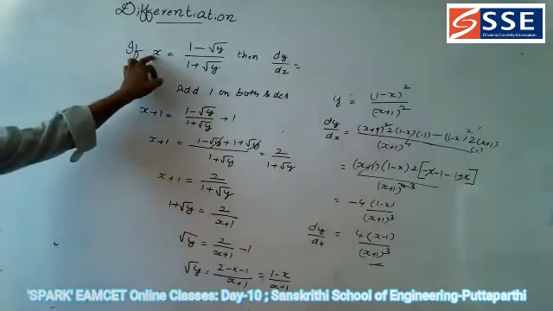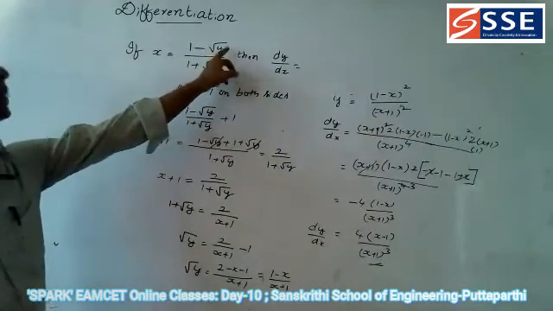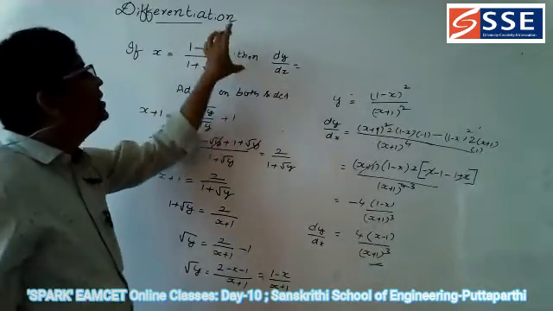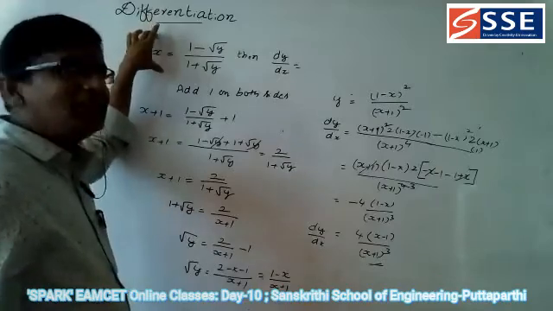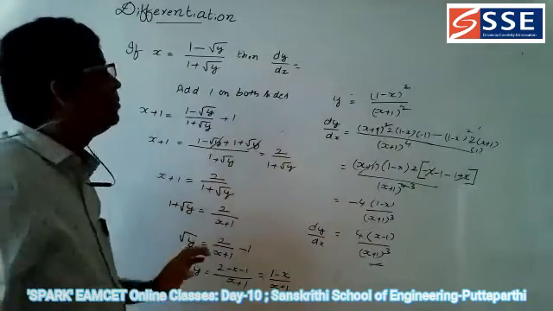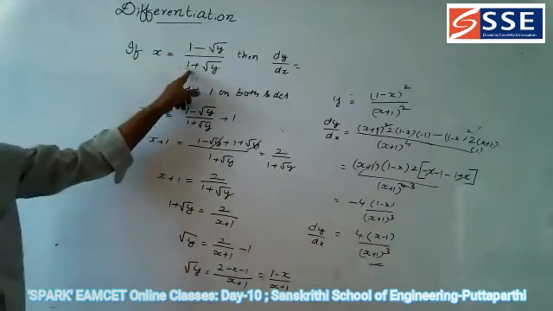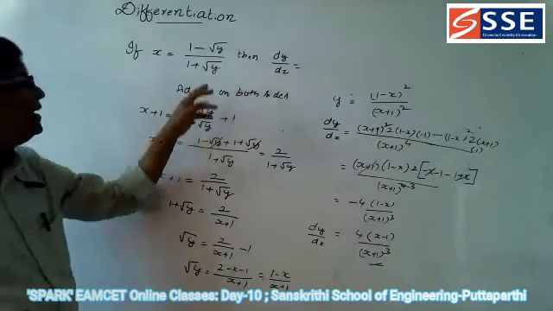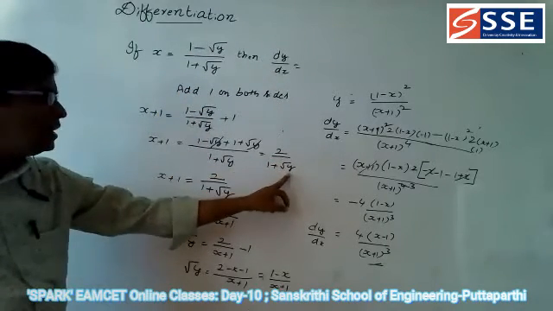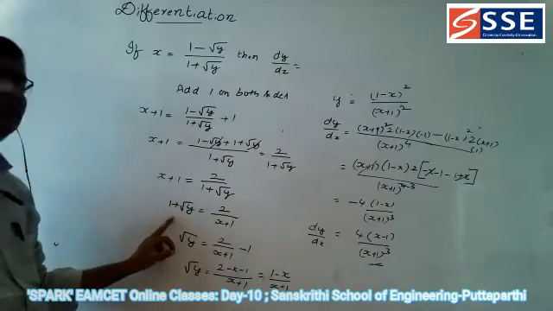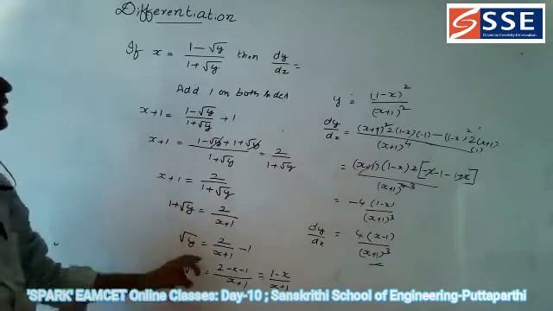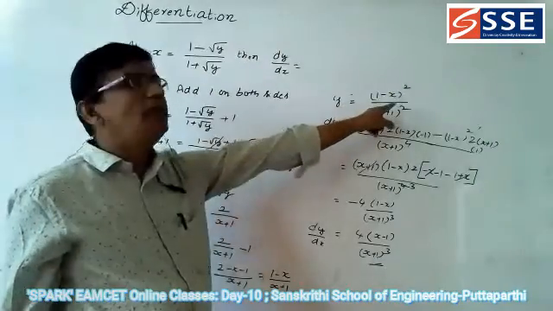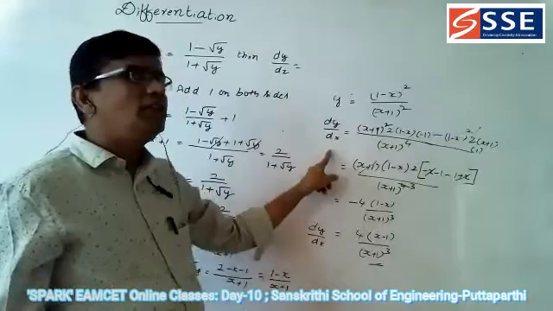Why? Because here both the terms are there, x and y. We want only dy by dx, meaning y should be brought to one side. Then only we can differentiate this problem. For convenience, both are having positive and negative, so if you add it, automatically you can get the number, and y alone can come to this side. So by simplifying, automatically y can be brought to one side. Now you can go for the differentiation.